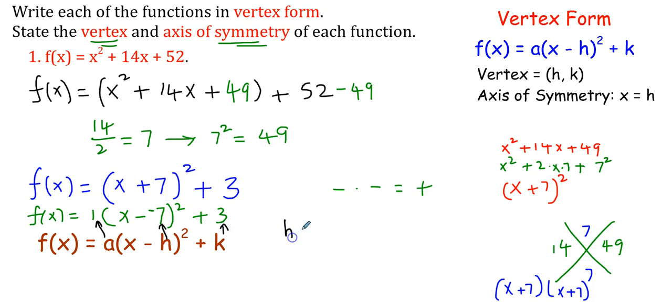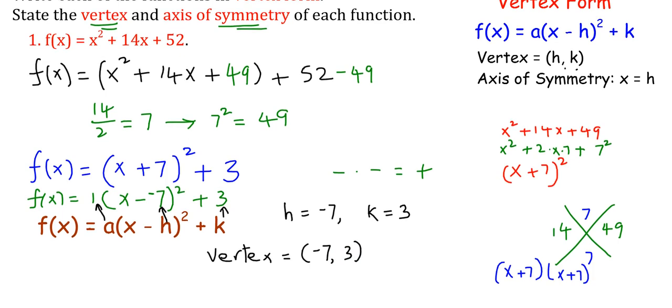So we are saying that h is negative 7 and k is equal to 3. So your vertex, using that vertex is h comma k, my vertex is equal to negative 7 comma 3,